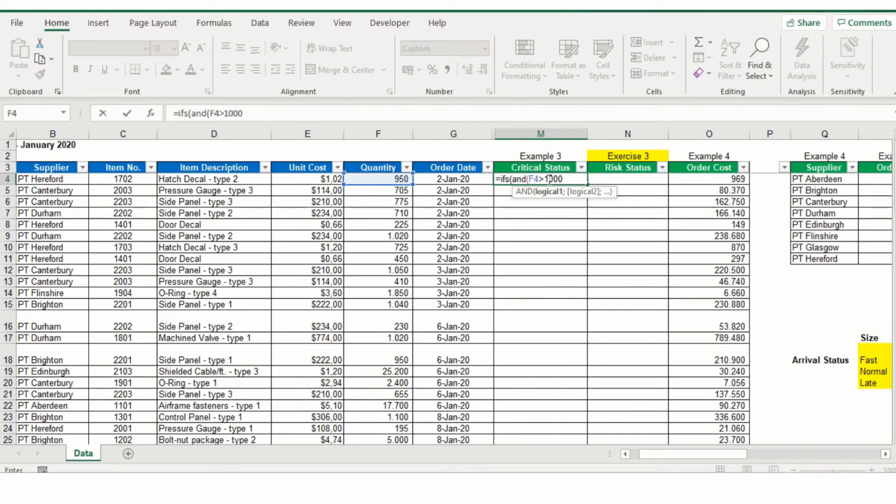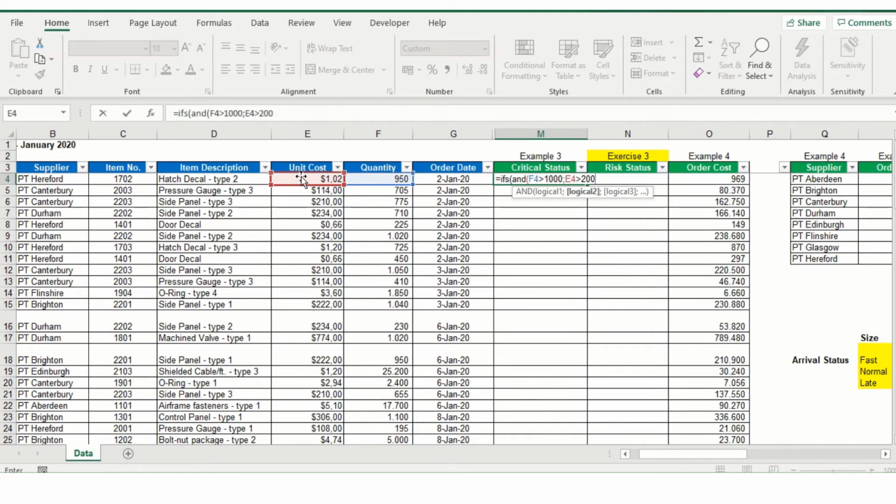But you do not need to write AND again, we already write AND in here. And this is the basic formula of AND: logical 1 and logical 2. If the unit cost is more than 200, all right,